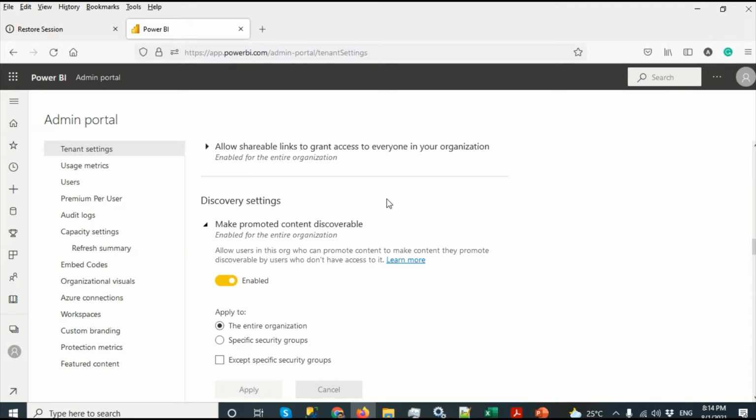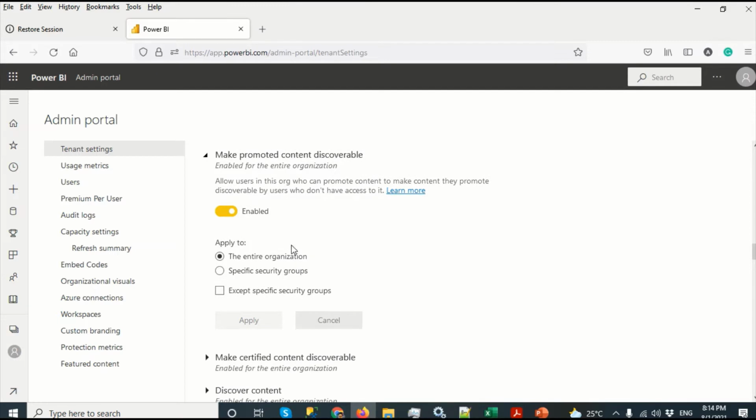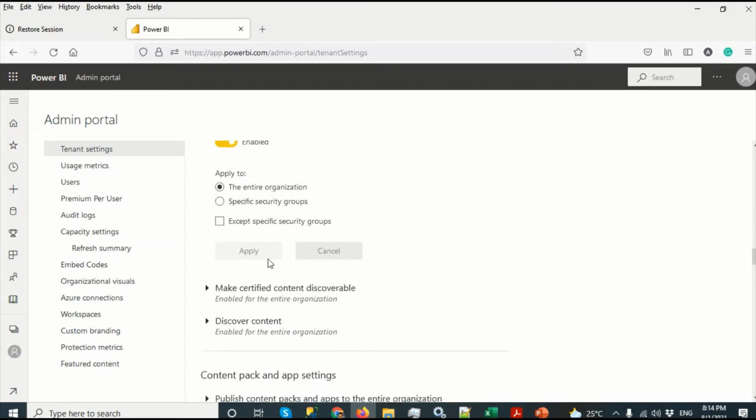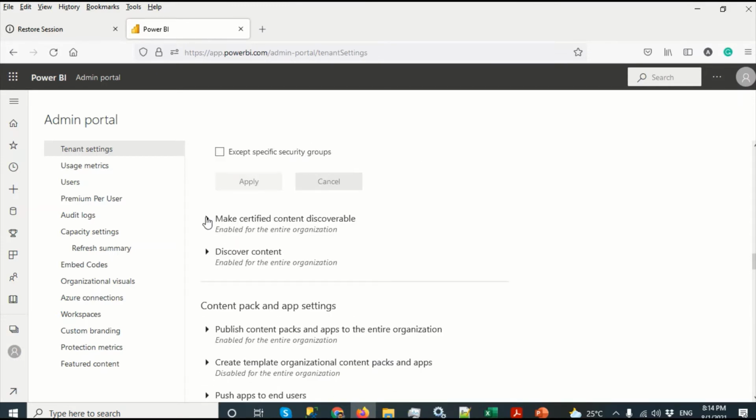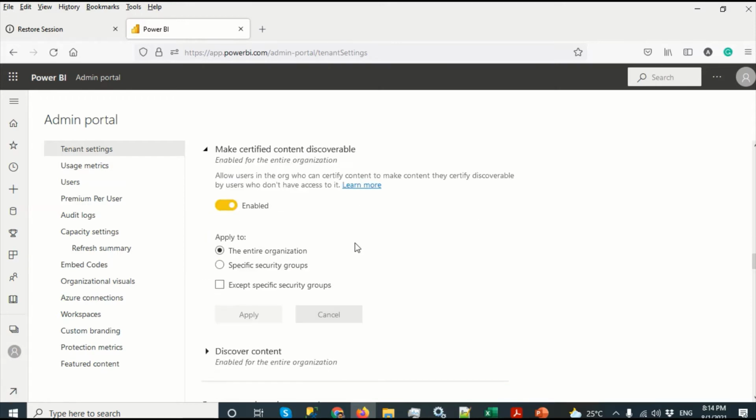There should be a limited number of people promoting content. But if your organization is too big and you cannot control that, it could be open to the whole organization, but it should be limited to a mailing list or security list, or specific security groups.